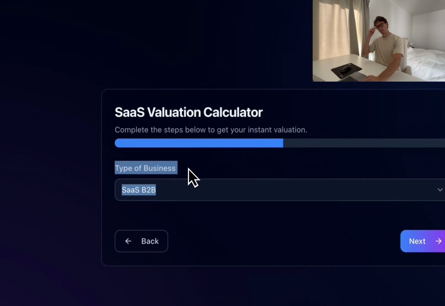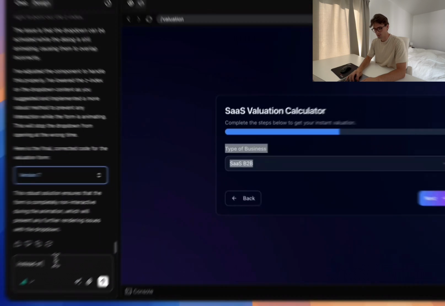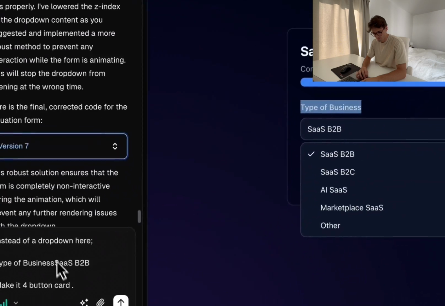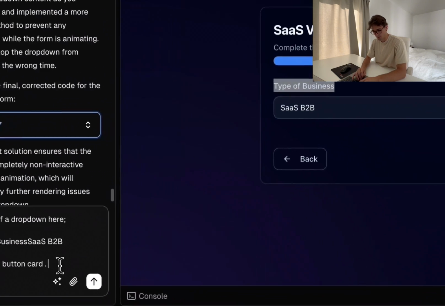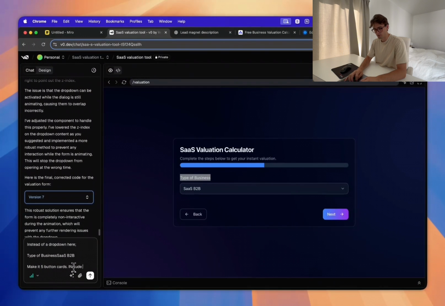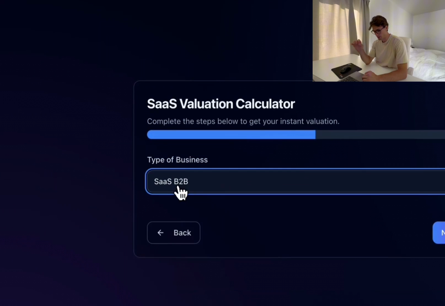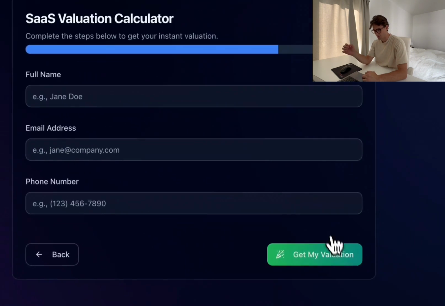It's about being creative. I'm going to do this. Instead of a drop down here, make it 5 button cards. Include an image, an icon. Make it look pro. So I'm literally just going to remove this drop down because it's bugging out, and I'm going to fix it by,